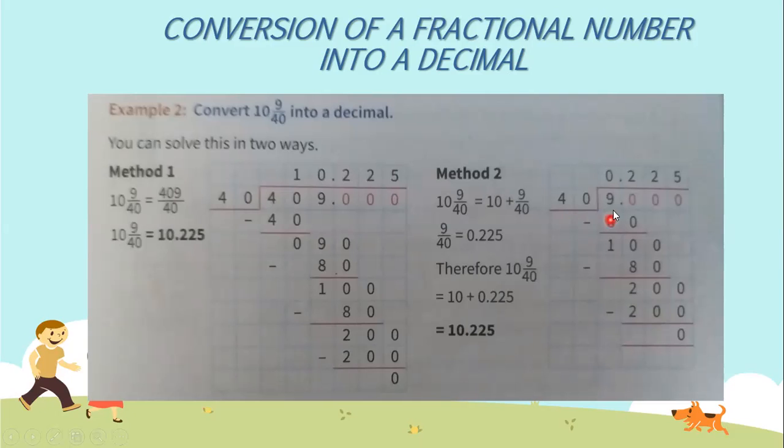So here they have divided, see, 9.00. So 4 twos are 8, 9 minus 8 is 1, and again this 0 take down, again 4 twos are 8, 10 minus 8 is 2, then again this 0. So 4 fives are 20. See, so then how much will it become? Now this 10 is there as it is, so only the 9 by 40 value is 0.225. Now what you have to do is 10 plus 0.225, if you add, 10.225. So we got the same answer here and here. Whichever is the easy method, in that way you can do.